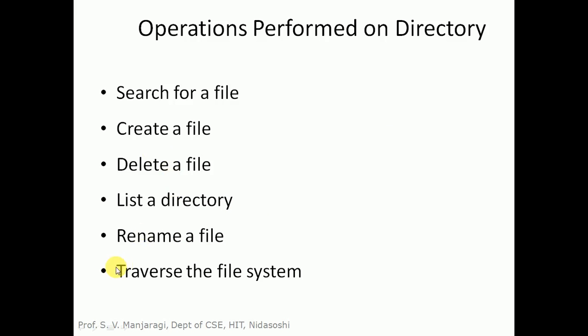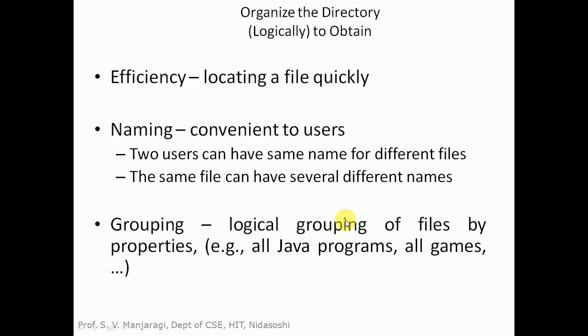Rename file. A file that is present in the directory can be renamed. Its name can be changed. That is the rename operation. Traverse the file system. We can traverse through a directory or subdirectories in the file system. That is what traversing the file system. Next one, organize the directory